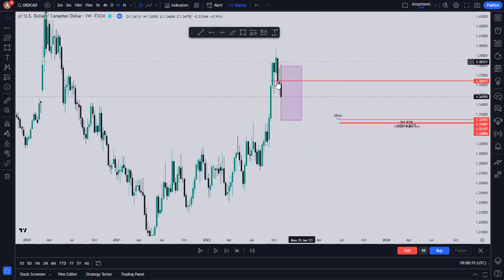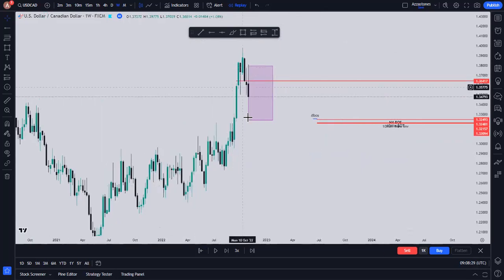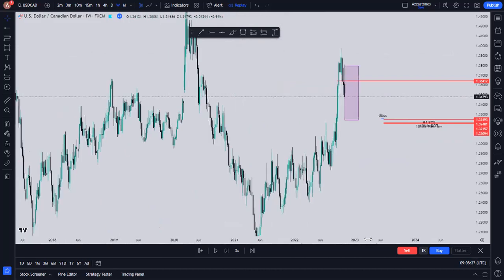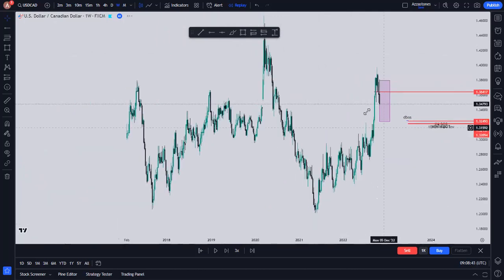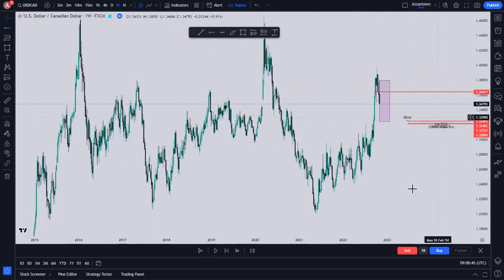I think now we get the point that we expected. We had this impulsive move here. After impulse, we expected correction. And how can we know when the correction is going to happen? Correction is going to happen after any break of structure like here. You see this break of structure. This break of structure occurred to inform us that we are going to have a little bit of correction after this impulsive move, that the market is going to have a little bit of breathing before going upward.